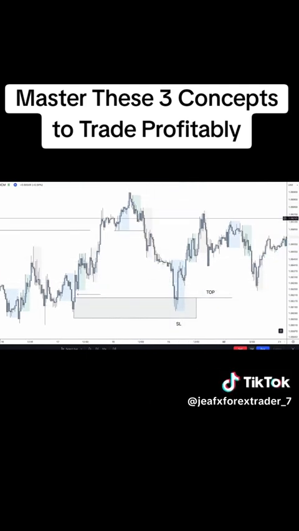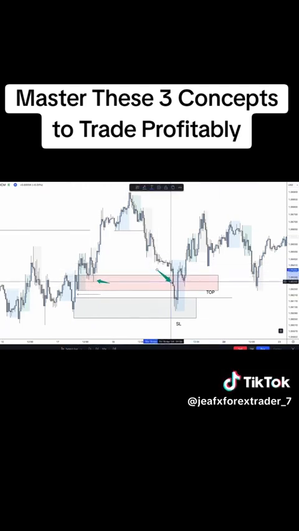Now on that note, we would never want to buy from a demand zone that wasn't efficient. So see here, for example, we have a demand. The market retested this demand already. Buying at that point would be okay on the first retest of demand. But now that this demand has been retested, it should absolutely not be used for future buys. So this area here would absolutely not be valid for any buys because there is no inefficiency left in this zone, whereas the zone below still has that inefficiency, so this one would be the good one for our position